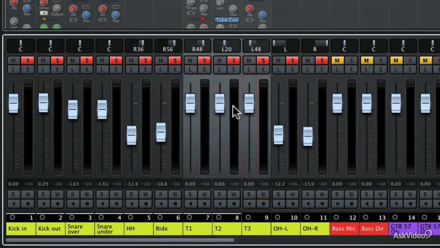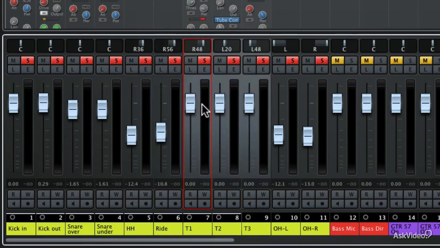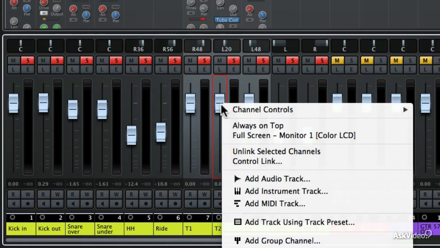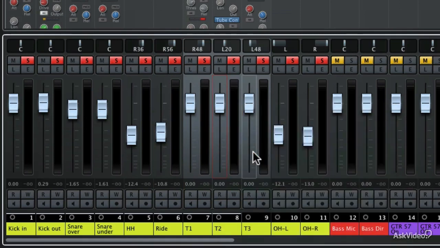And if I select any of those tracks, they all become selected. See, if I select tom track number 1, then they all get selected. And then if you ever needed to unlink those channels, you can just right or control click on a linked fader and choose unlink selected channels. Now, there's also a way to temporarily link the faders themselves, and that's through doing a Q link. And you can do that by selecting a series of channels that you'd like linked together. Then while you're holding the Shift key, you can also hold down the Alt or Option key, and now when